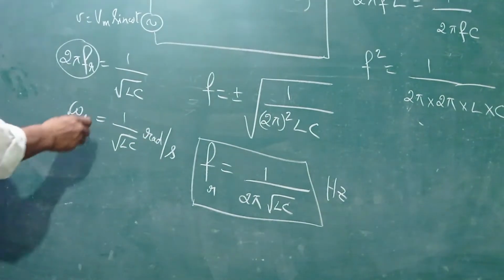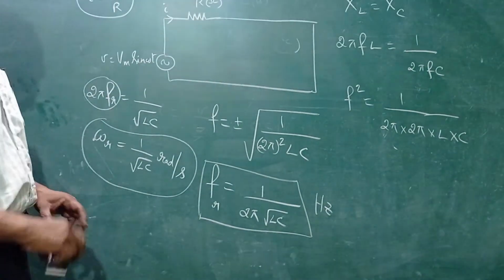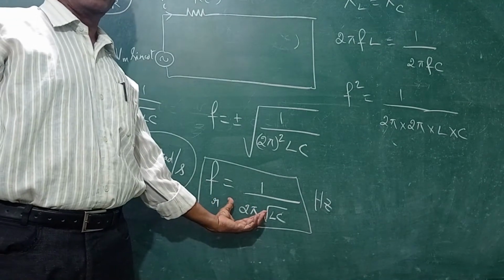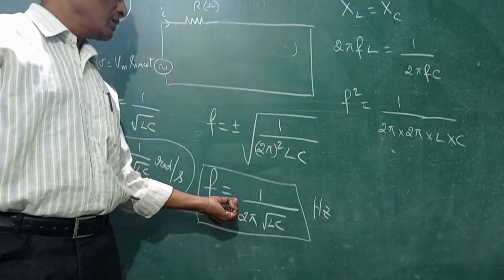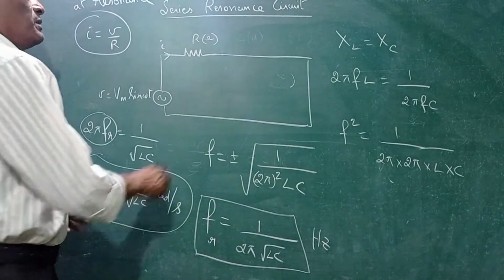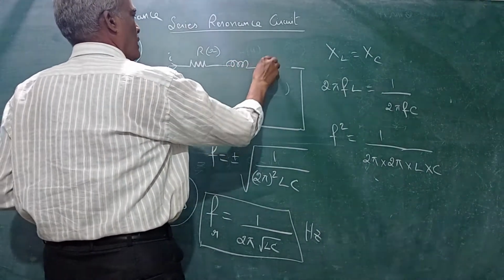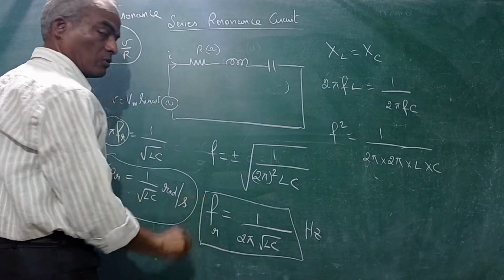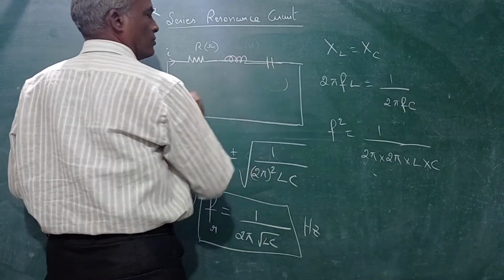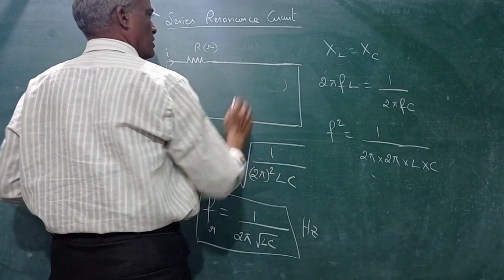In some books they deal with omega r, in some books they deal with frequency. Mostly the frequency will be frequently used. So what is the meaning of this? At the resonant frequency, actually you will be having a coil and a capacitor, but at this frequency alone, these two can be thought of as a short circuit. The components will be there, but it is treated as a short circuit.